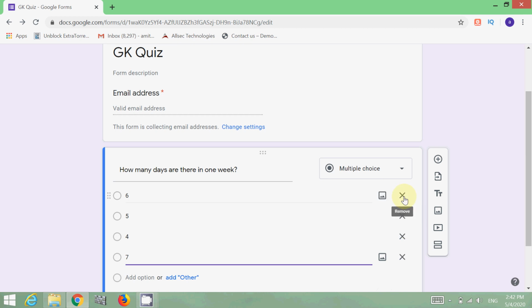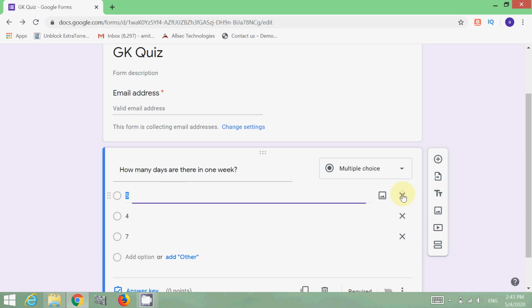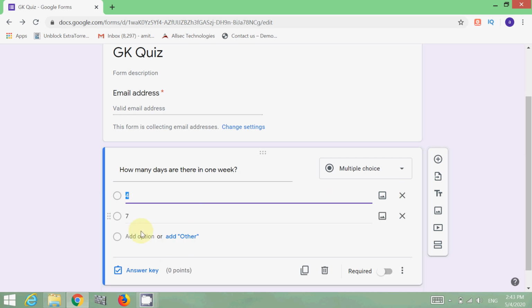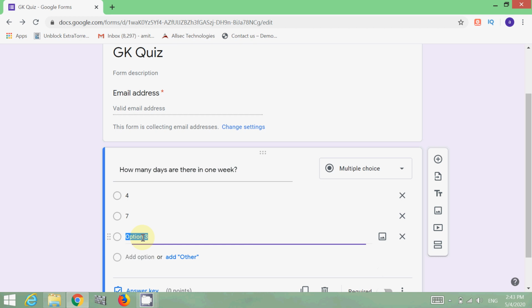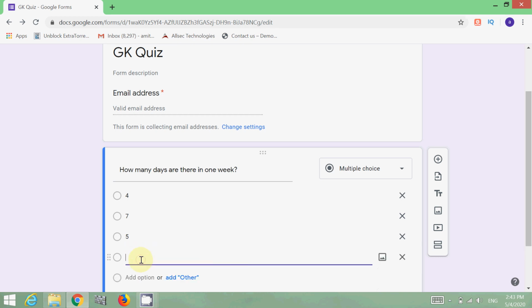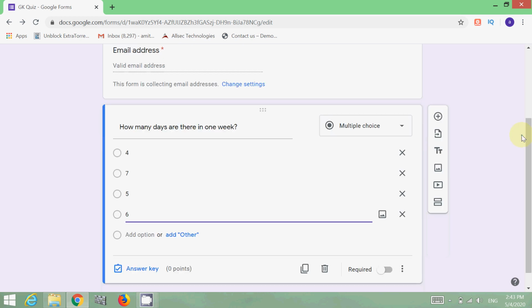By clicking on that cross sign, you can remove the particular option. Fine, so as I want to remove the 6 and 5, I can select this remove part. And if I want to add them again, then go to add option and add 5, and in another add option add 6. So this is how you have to add the question as a multiple choice question. So this is my first question.